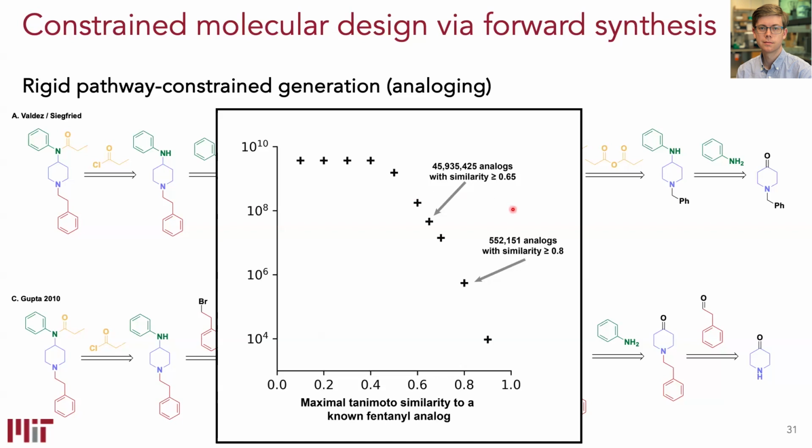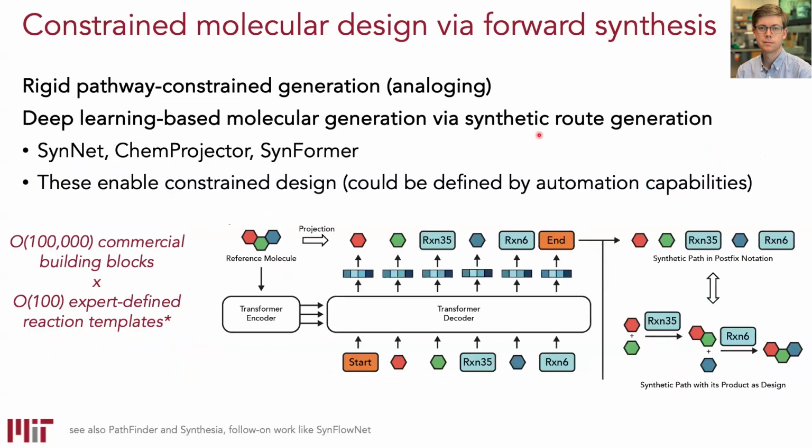And we can find that we can access many, many, many highly similar molecules to a controlled substance, just circumventing the building blocks that are typically used to make it. And so this is one of the realities of molecular design: it's easy to access large numbers of molecules through relatively simple chemical transformations.